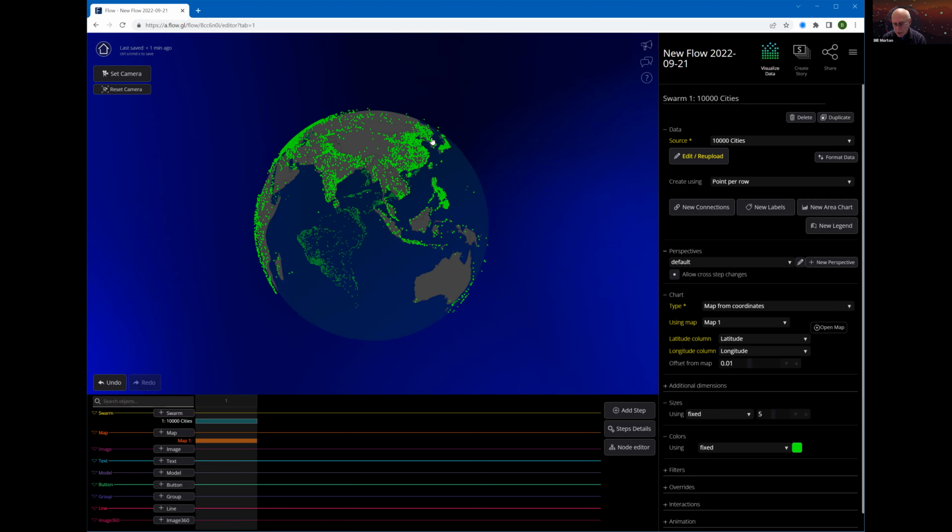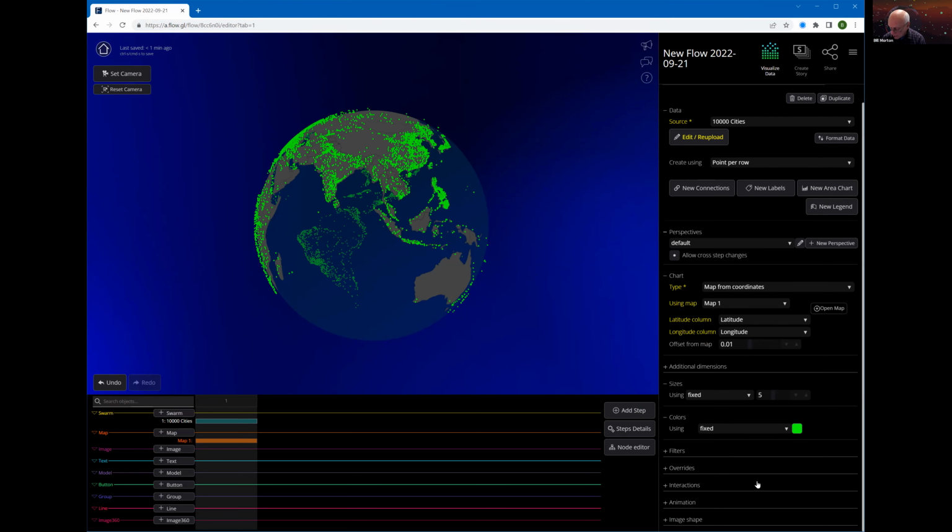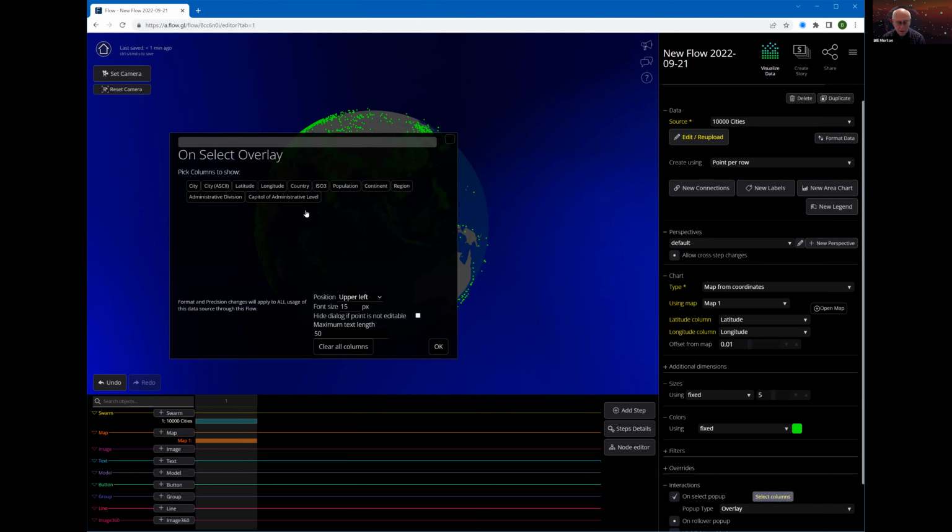I really recommend that this is done very early in the game. So what I'm going to do is put some query ability into these dots so I can see what's behind these particular dots. To do this, I'm going to say on select pop-up. I'm going to create an overlay pop-up, which means the pop-up is going to appear here in the upper left-hand part of my screen. And when I say select columns, these are all those columns I showed you in the